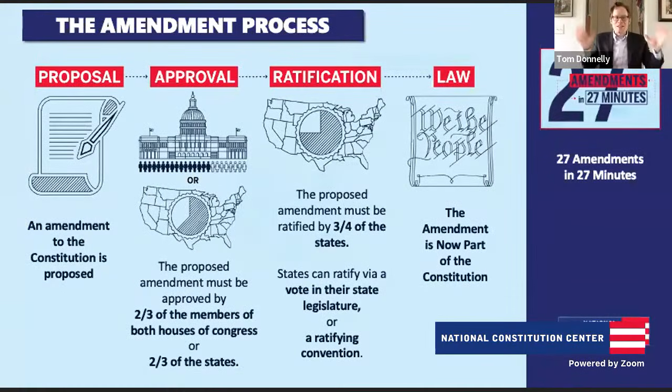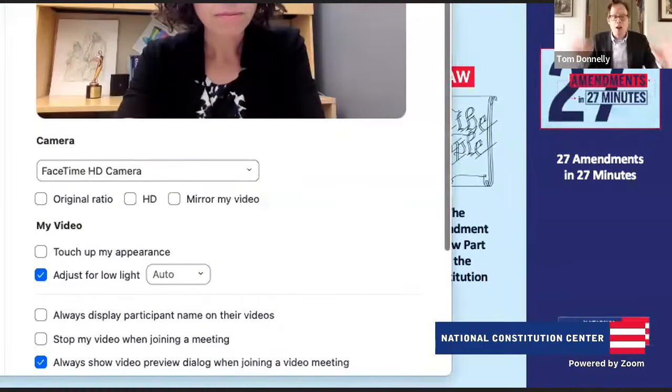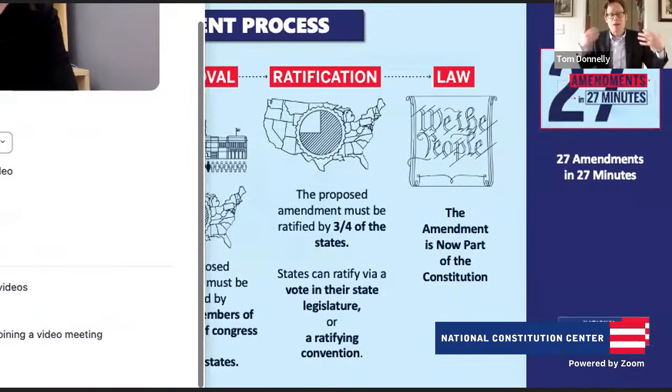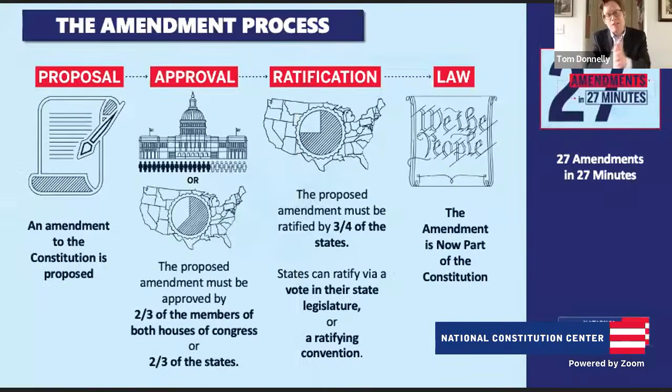Absolutely. So it's a very difficult process. And so this was by design by the founding generation. They wanted us to be able to change the Constitution over time as we learn new lessons. They didn't think they had a monopoly on constitutional wisdom, but they wanted the process to be hard. And as a result, they really made it difficult. You had to get more than majority support in different places to amend the Constitution. There's two big steps here. There's a proposal phase and a ratification phase.